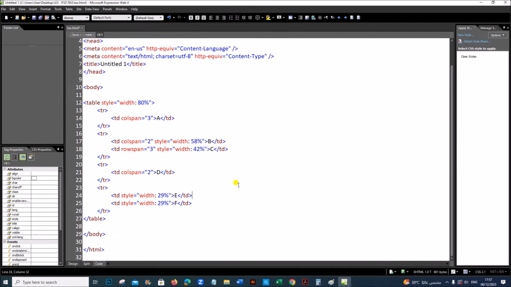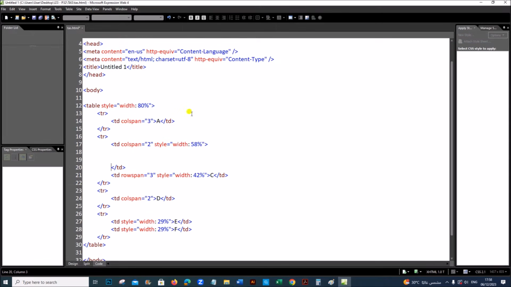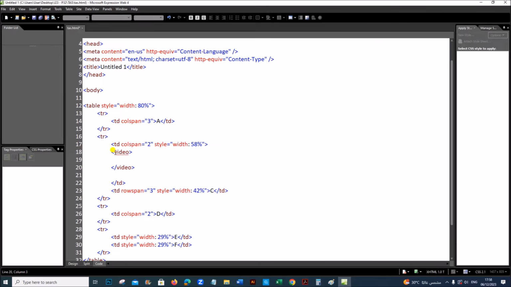So let's go to the code. Here in cell B we have to insert the code. So where this letter B is there we need to insert the code for the video. So you can delete this B. Make space to write the code for video. You can type the tag for video, that is video tag. Now we need to add the source tag,